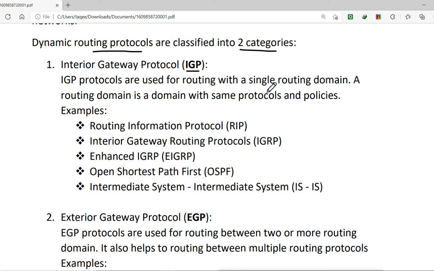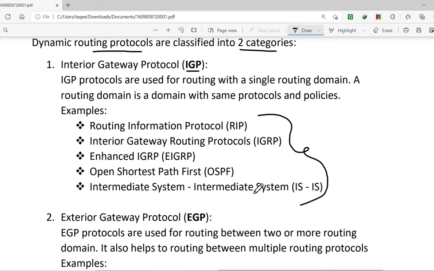Interior gateway protocols are used for routing within a single routing domain. A routing domain is a domain with the same protocols and policies. Example, these protocols. These are all single domain protocols, or we can say interior gateway protocols.